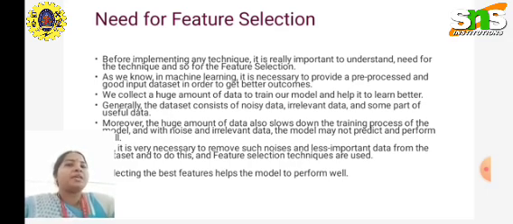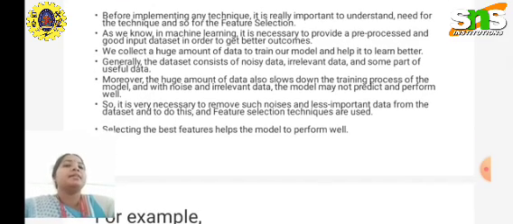As we know, in machine learning, it is necessary to provide a pre-processed and good input data set in order to get better outcomes, right? A huge amount of data is needed to train our model and help it to learn better. Generally, the data set consists of noisy data, relevant data, and some part of useful data too. We all know that the original data also includes noisy features, noisy in the sense of unwanted features.